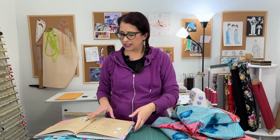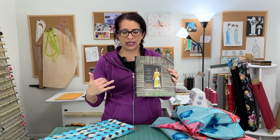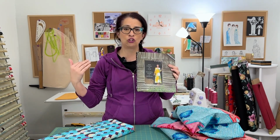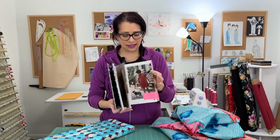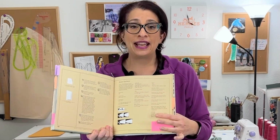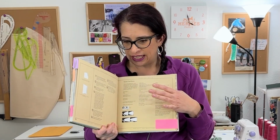And then the other thing is, and this is a theme that runs through all of the book, is that most of the designs are in different lengths. So, with the tunic, it's also in a short sleeve, shorter shirt version, and it's also in a longer caftan version. And then this specific Kiyomi dress, they have it in a top, they have it in the knee length dress, and then they also have it in the long, kind of more ankle length dress. So the cool thing is,